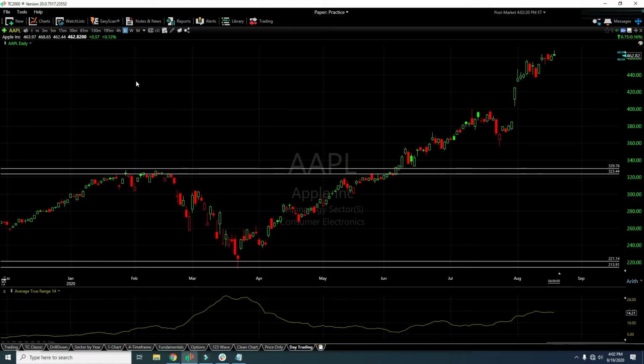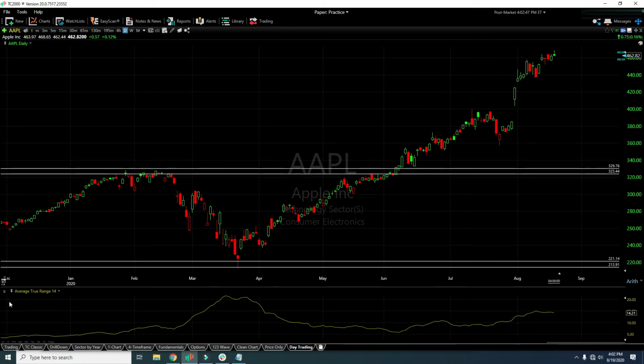To illustrate the point, let me explain what could happen and how to prevent it. These are the two support resistance areas we have marked in Apple's chart right here. If you put your stop loss anywhere in between in this area, you would have got stopped out when the price comes to that area. So how do you prevent it?